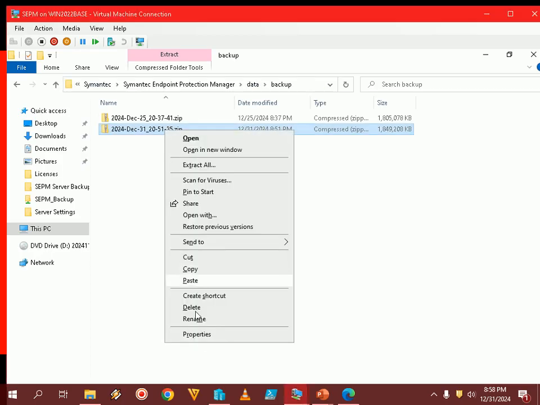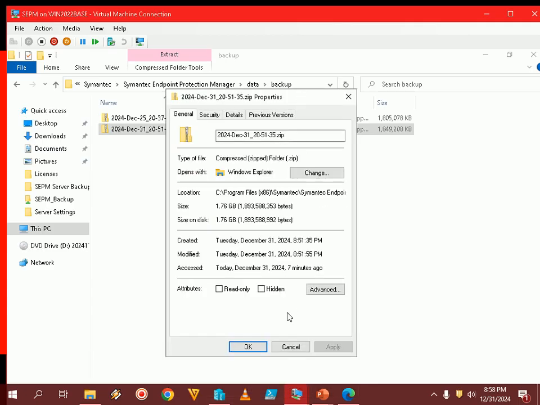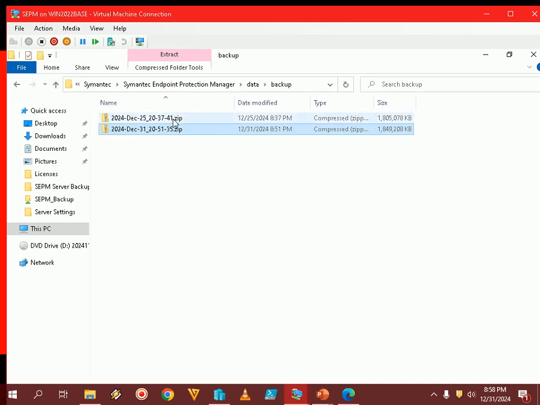You can see the size of it is 1.8 GB, so it is just less than 2 GB, but you should have this much space available locally for your Symantec server, right? And you should be cleaning up your previously stored backup copies from time to time, otherwise your storage will get full, right? So these are the 2 things which I have observed in operations you should be taking care of,